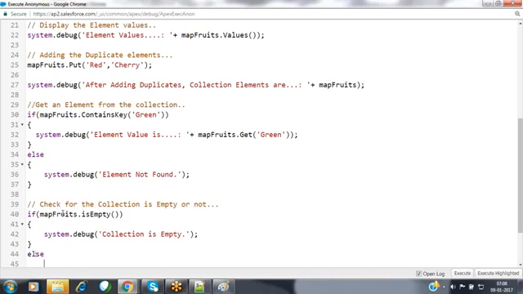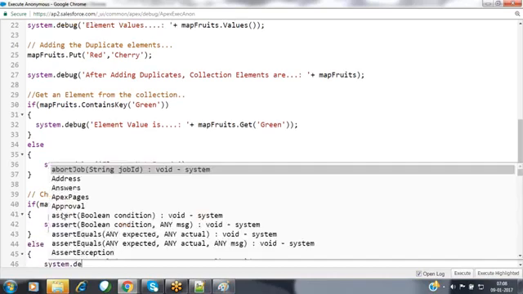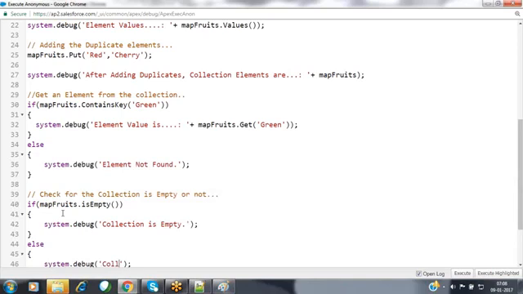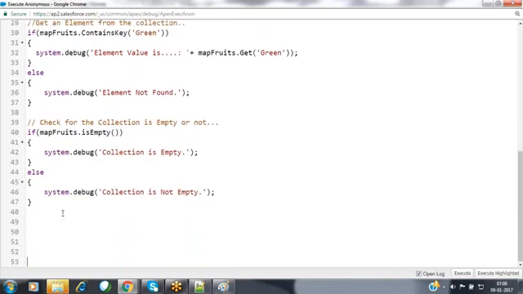Else I want to show the message system.debug collection is not empty. So in order to verify whether the collection is empty or not, we are going to be using the isEmpty method. By using this isEmpty method, we can verify whether the specified collection is empty or not.